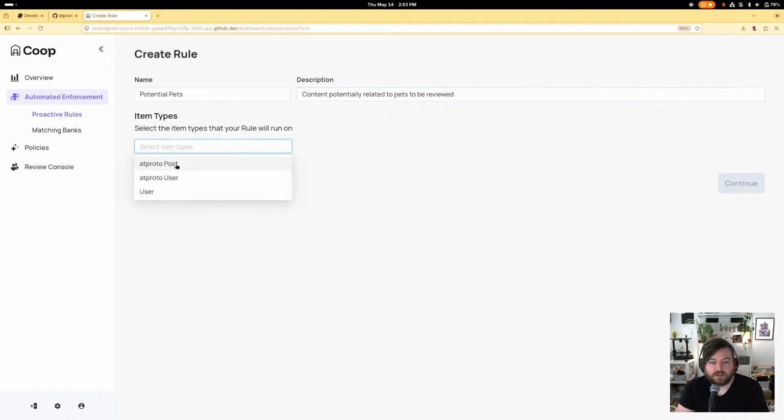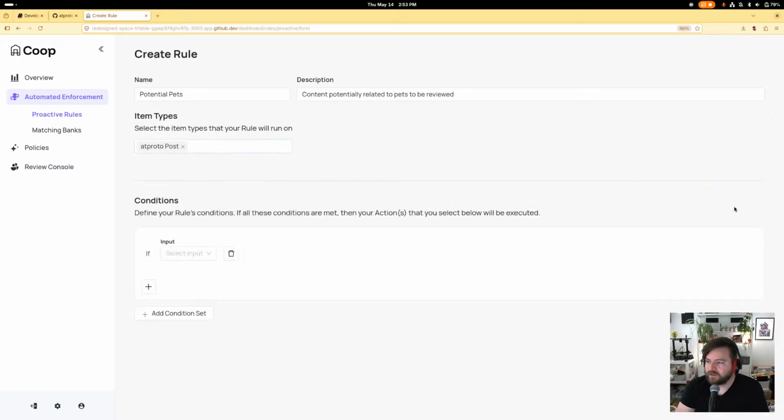And we're going to say just posts for now. Yeah, that should be fine. We could filter by usernames and things too, but we'll just do posts for a demo. And now our conditions. So how is this rule going to actually run? We're going to say if the text in the post